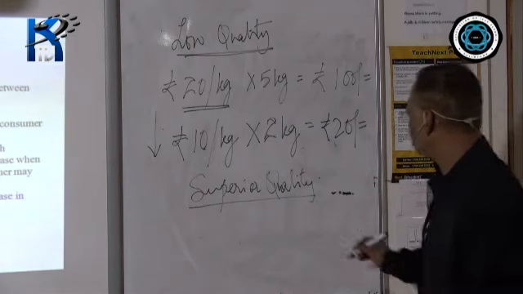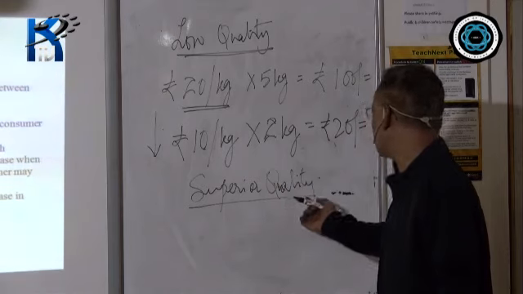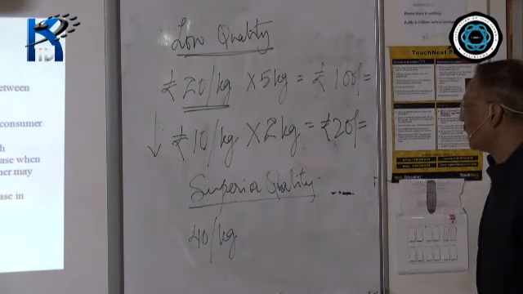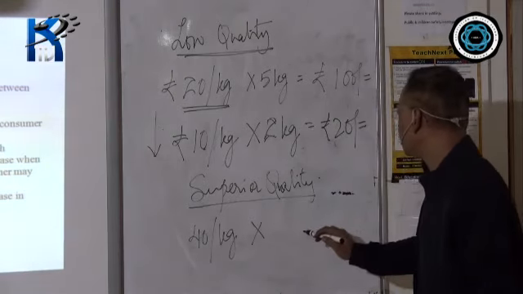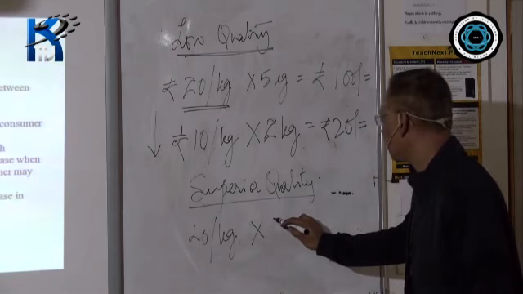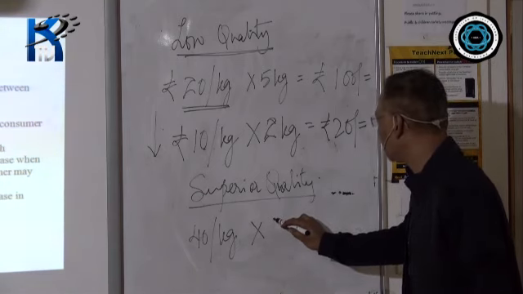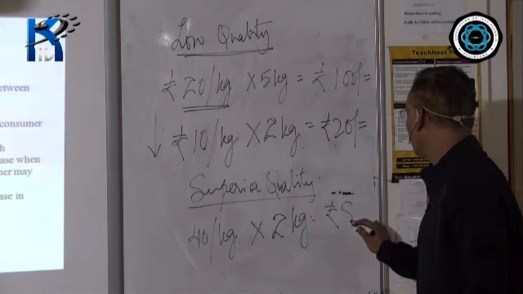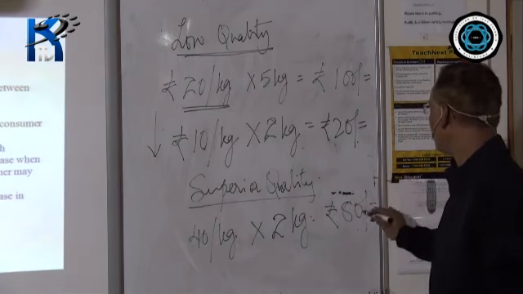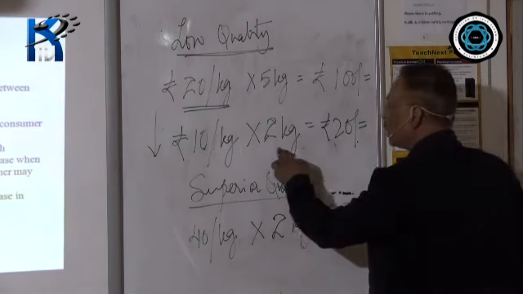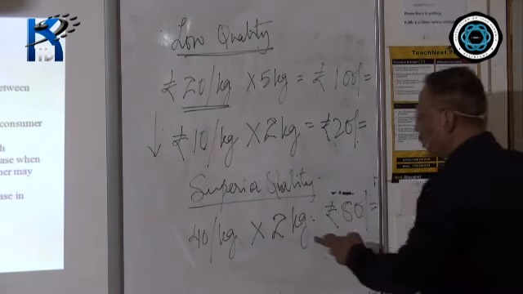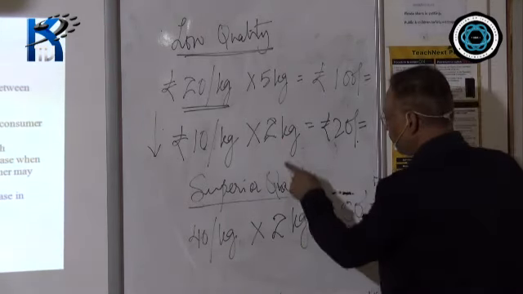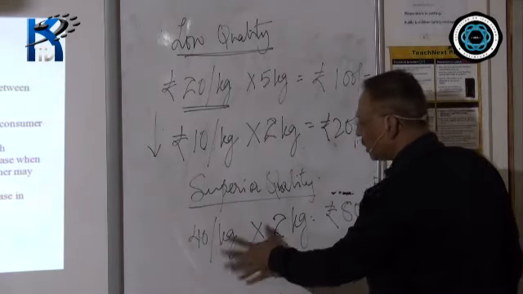So let's take, for example, you spend on superior quality rice, which is, say, 40 rupees per kg. Of course you have to spend more here. So let's say you buy 2 kgs of this, 80 rupees. You bought 2 kgs of low quality rice and 2 kgs of superior quality rice. You might think this should be 5 kg, but not necessarily. There is some calculation, and we can adjust those values.